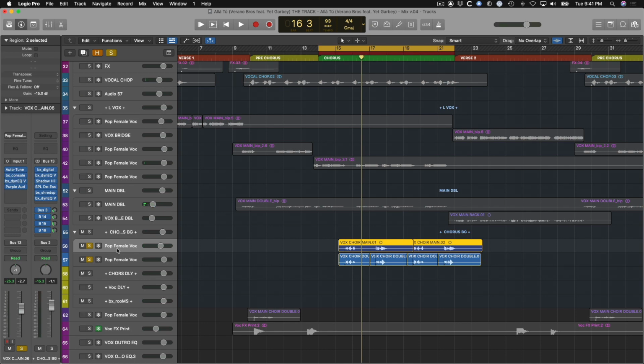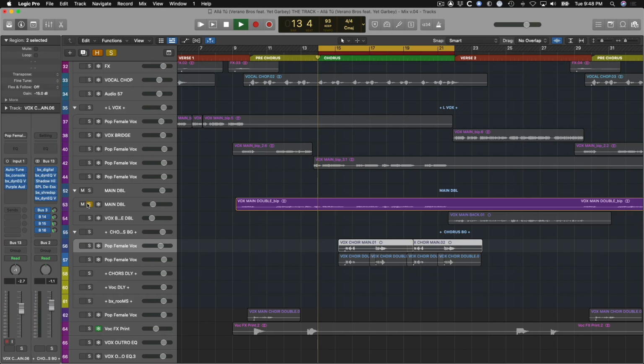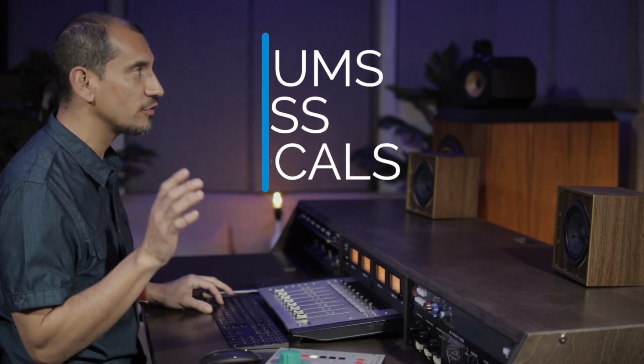Slightly panned left and right. And everything has echo because you got to have a lot of echo just floating around the background with reverbs and stuff like that. This is the main double. So these have been comped. And what I mean by that is that they were edited and they were just mixed down into a stereo file, makes my life easier. Cool? All right, so let's listen to the voice together without any of the instruments, listening to the core three,